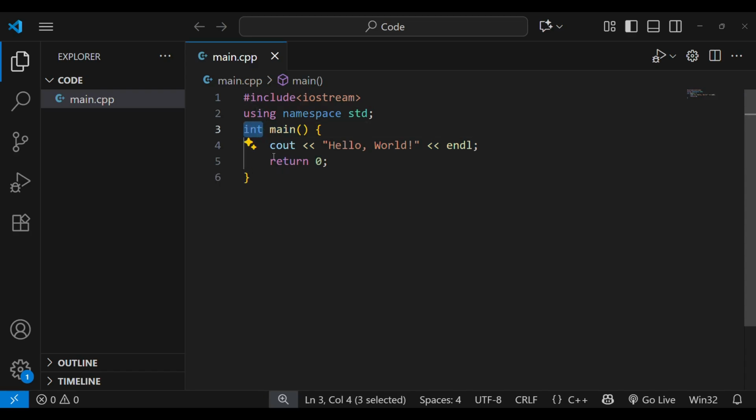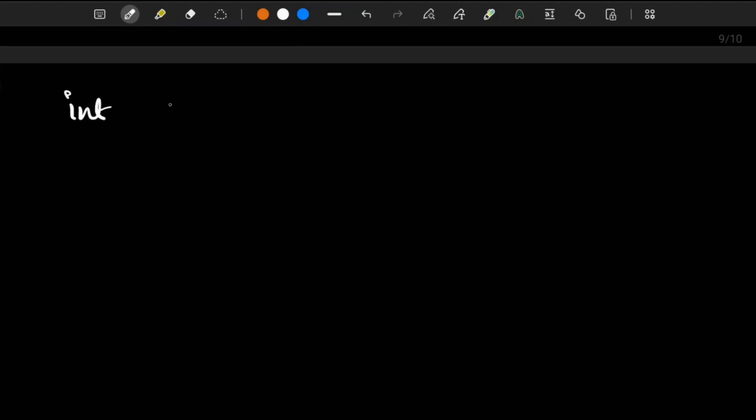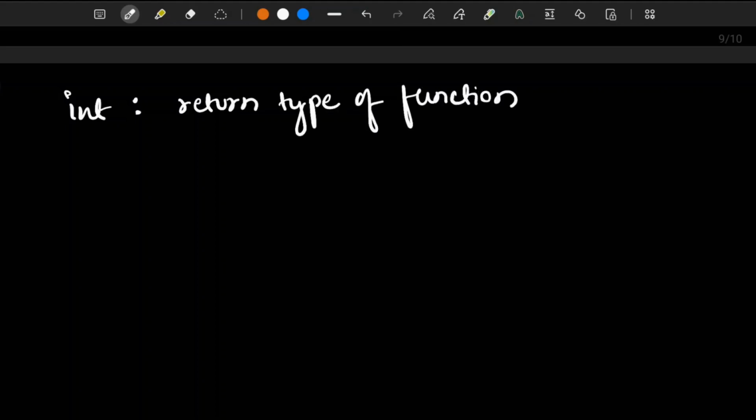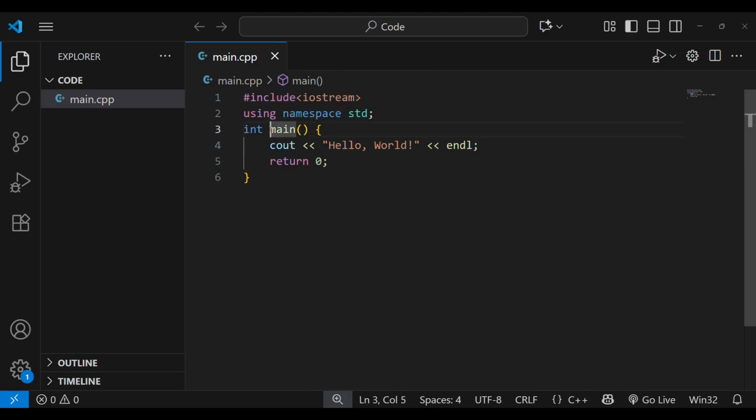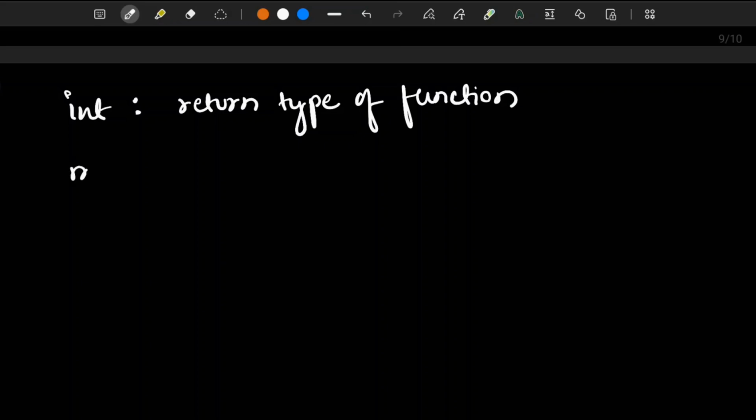Here int is the return type of the function. You will get this clear once you reach the function topic. And talking about main, this is the portion of C++ code inside which all the commands are written and executed.